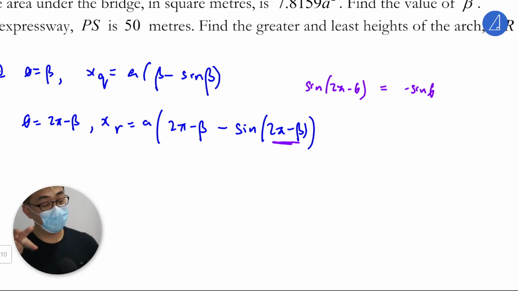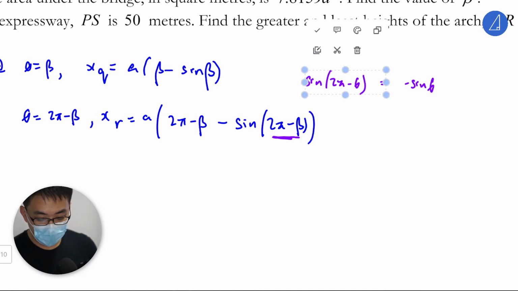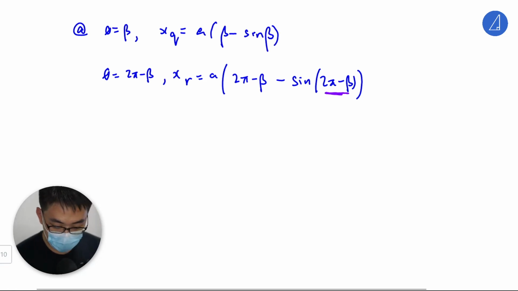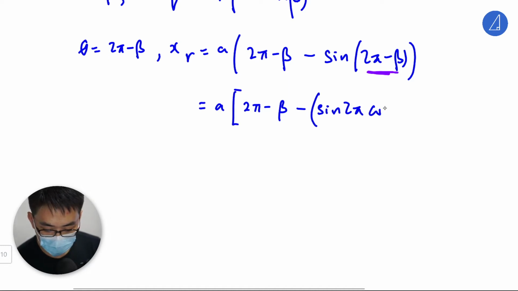Or if you don't remember this, it's okay. You can just expand it, using sine of A minus B. This is A. Okay, this will be